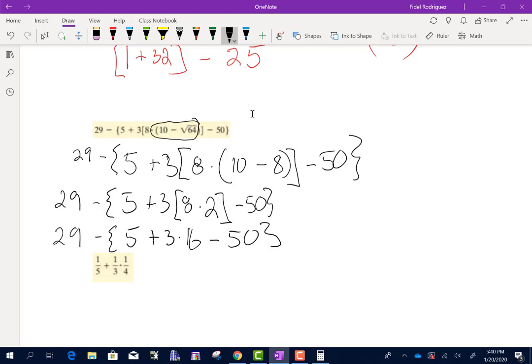Minus 50. Okay. And so I'm going to just move over here where I got some more room. 29. There we go. 29